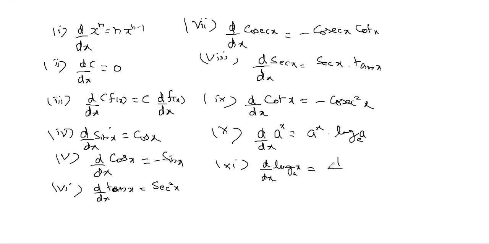There are two logs, one which has base a and one which has base e. So if log x to the base a is there, its derivative will be 1 by x log a to the base e. And if the